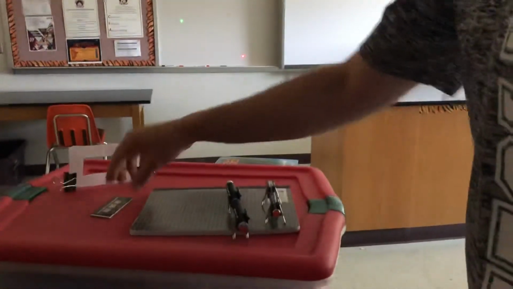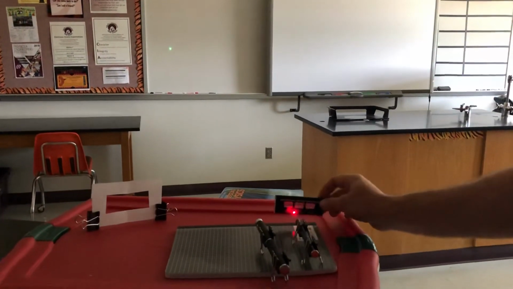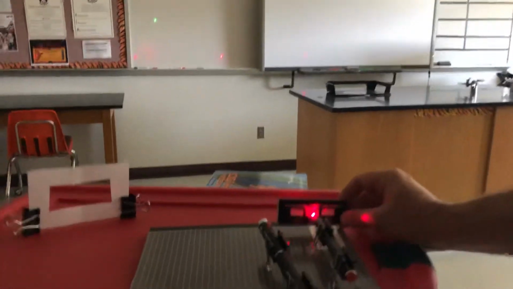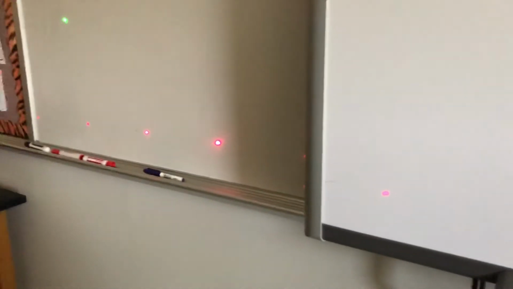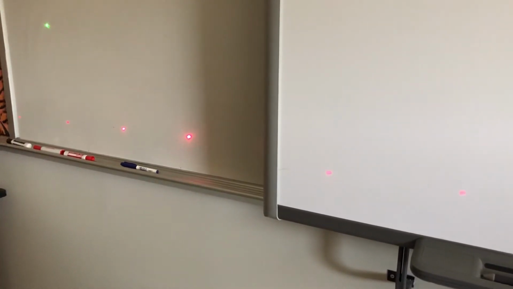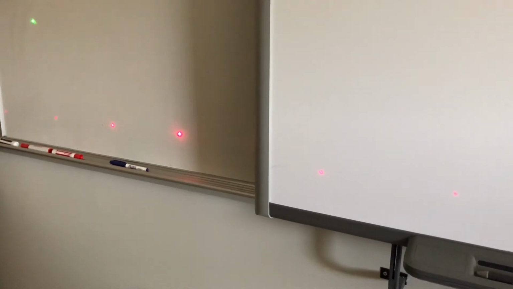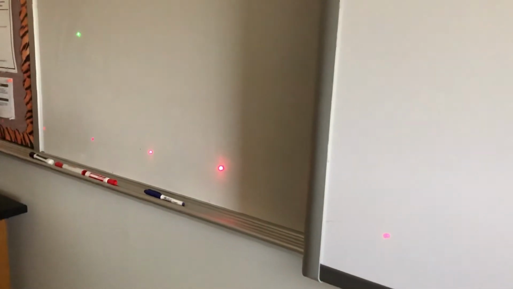So if I use a diffraction grating, this diffraction grating has multiple lines per slit, as I shine it through the 100, notice the interference pattern there. Much easier to see, much more pronounced. Okay, that's with 100 lines, and then here we have 300 lines per centimeter. 100, 300. So as there's more slits, or the slits are a lot closer together, you have a much more pronounced effect. So this proves that light does in fact behave as a wave.